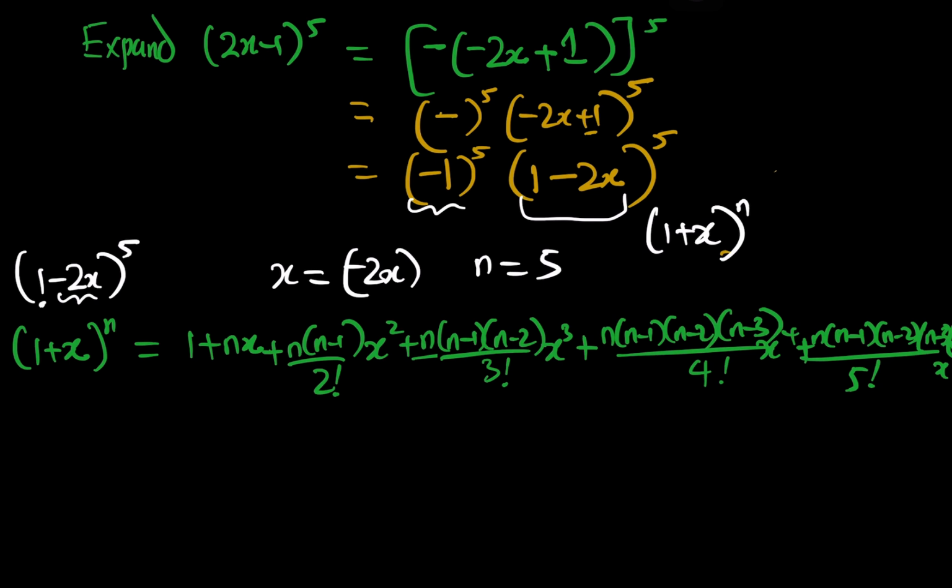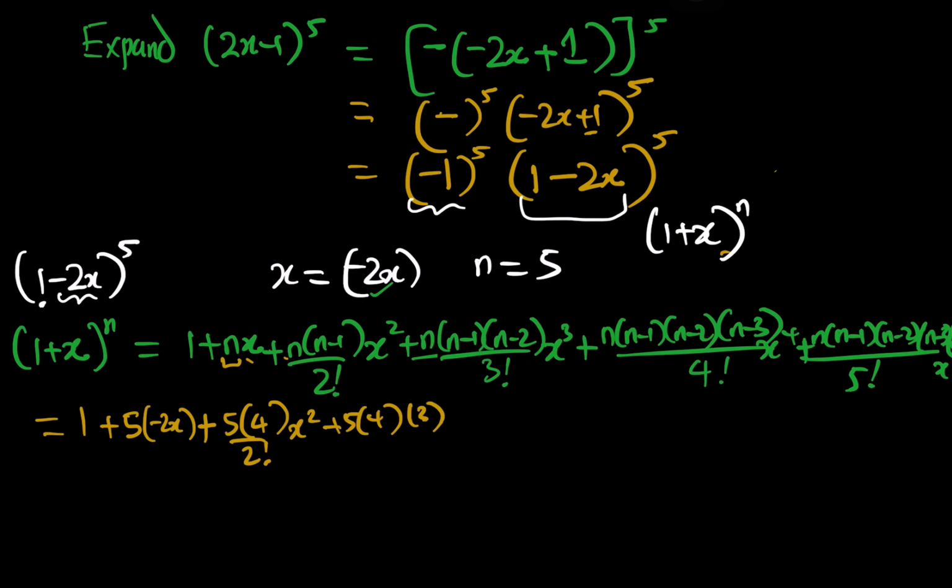So if we are saying that our x is this, we're just going to plug it in. It's going to be 1 plus the n, which is 5, multiplied by our x, and our x is negative 2x, plus 5 into 4 divided by 2 factorial, multiplied by x squared, plus 5, 4, 3 divided by 3 factorial, and multiply by x cubed, plus 5, 4, 3, 2 divided by 4 factorial of x to the 4,